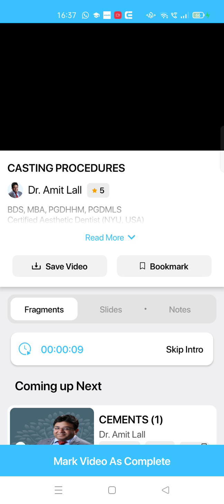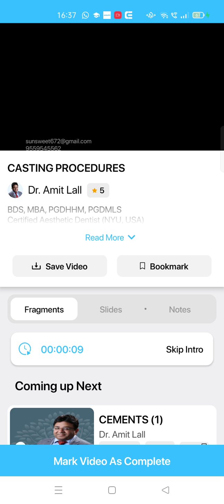Okay, then we have phosphate bonded investment material. Here you have binder, refractory, and you have other agents. Binder is magnesium oxide and ammonium phosphate. Okay, this is a base, actually this is an acid. Then again refractory, you have silica, cristobalite or quartz, we are using it here. Other agents include colloidal silica and carbon.